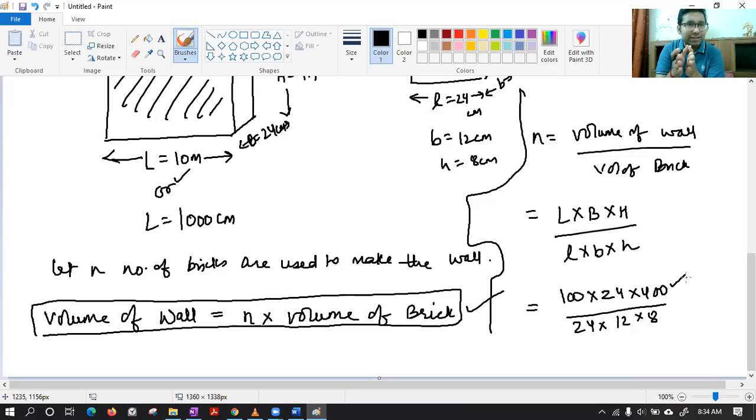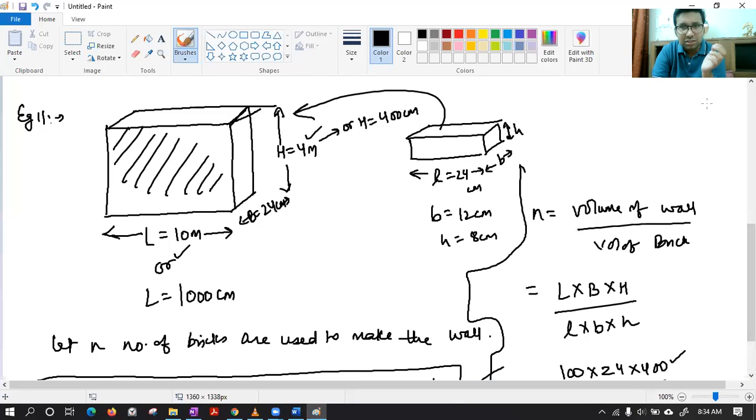See, the breadth of your brick is 12 centimeter and the breadth of the wall is 24 centimeter. You tell me, Vaishnav, how many bricks are required to make a breadth of 24 centimeter? Vaishnav, please tell me, this wall is thick. How many bricks are used side by side? Please tell me. Is this a single brick wall or